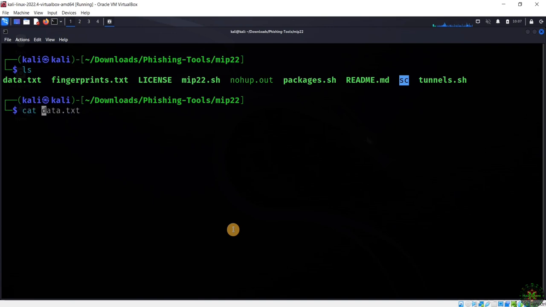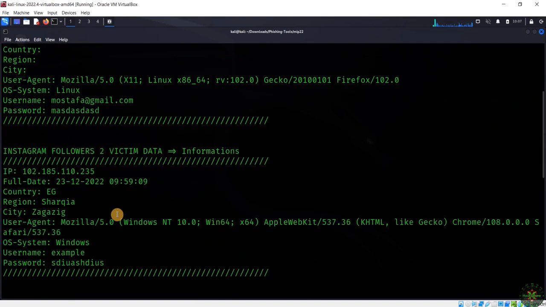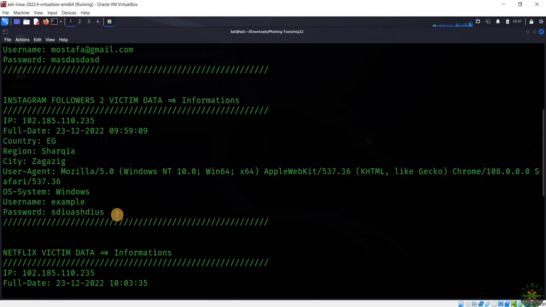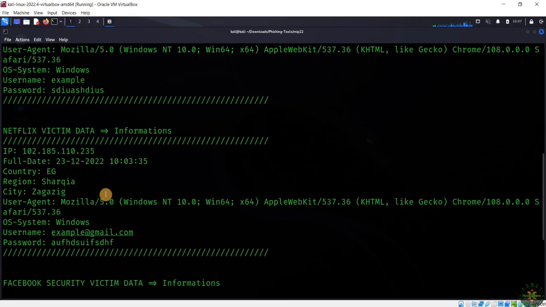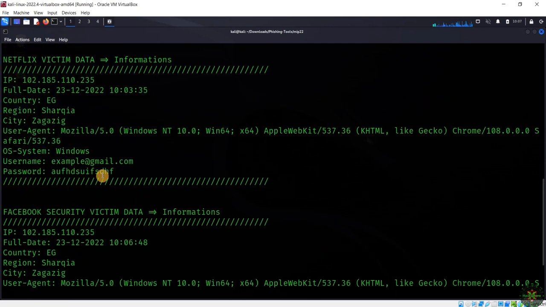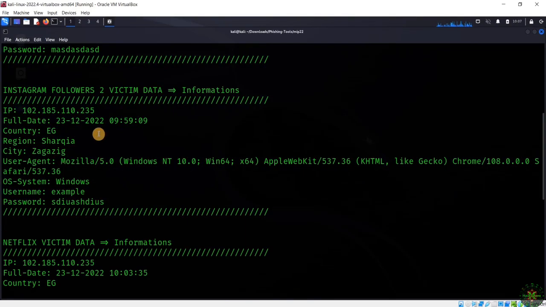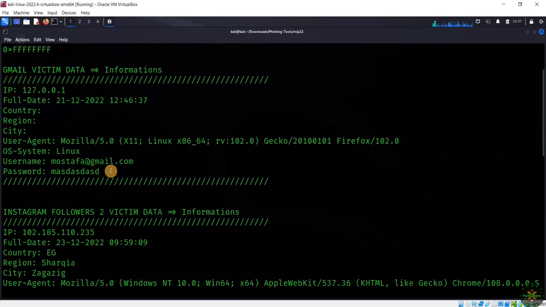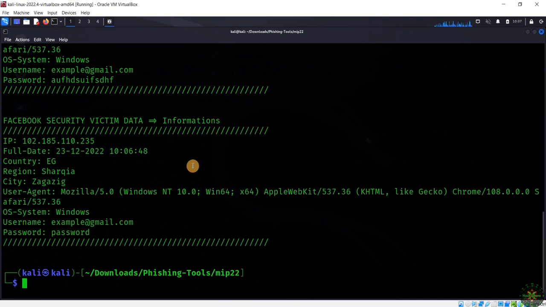And of course, you can come back anytime and just open the data text file, and you will see all of the captured and stolen accounts from our victims. For example, right now we have this Facebook account, we have also this Netflix account, and also we have right here this stolen Instagram account. So all of the stolen accounts will be stored right here in one single text file,